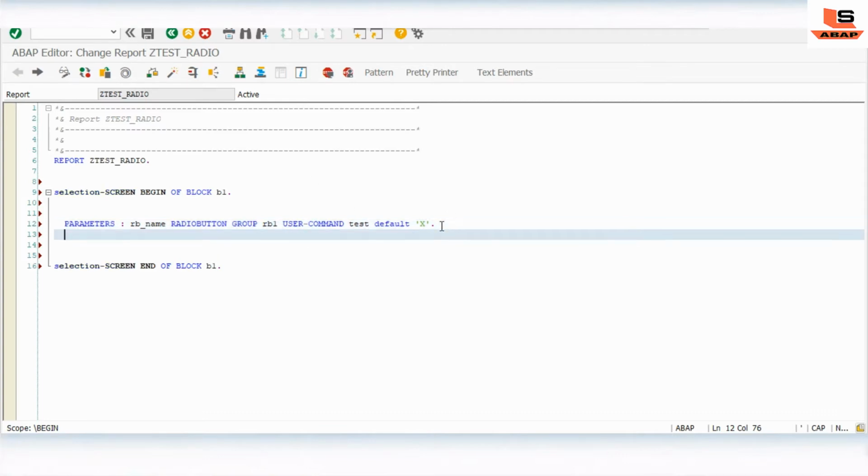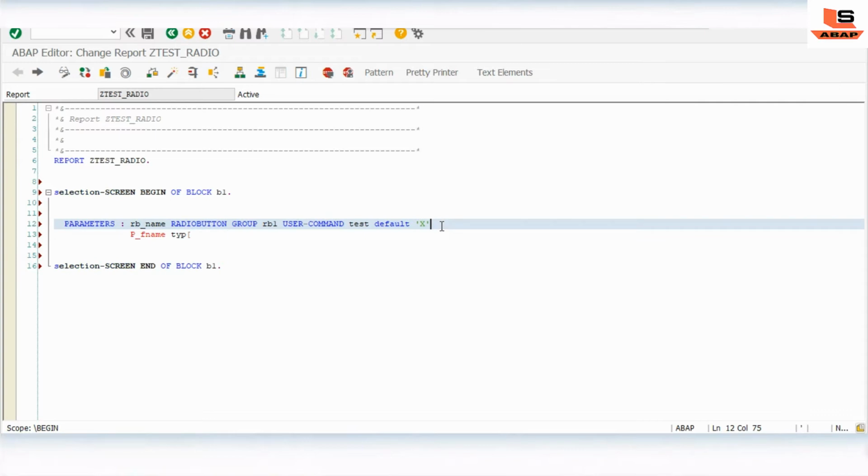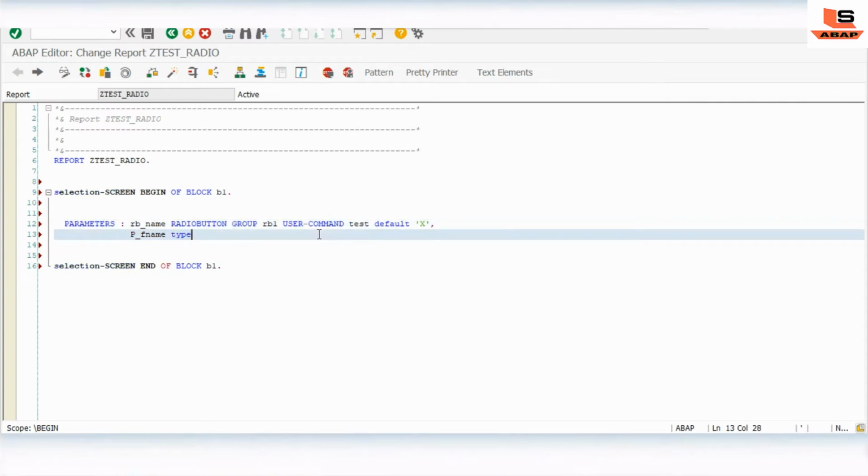Now we will take two parameters: first name, type character, and surname, type character.